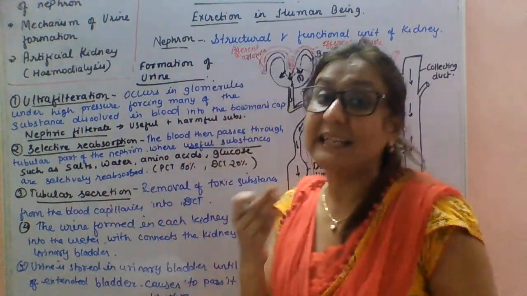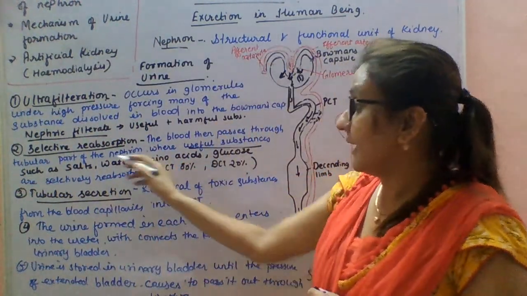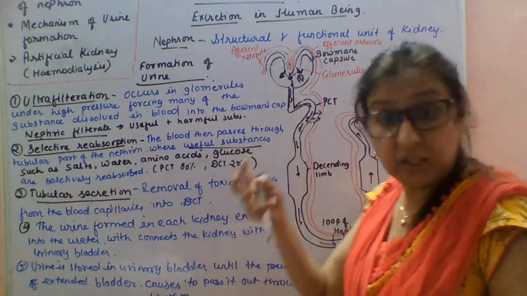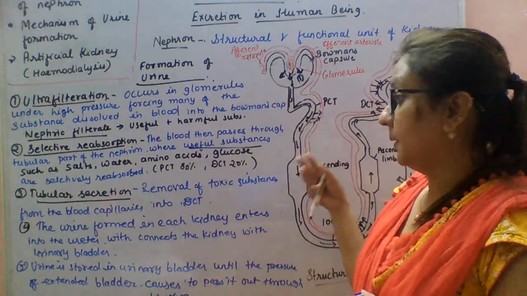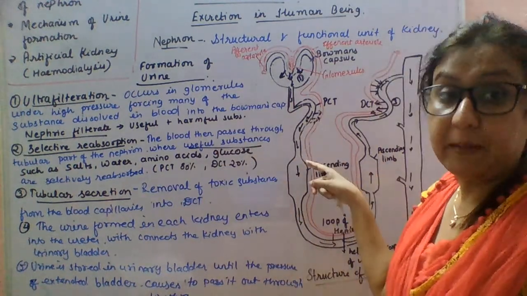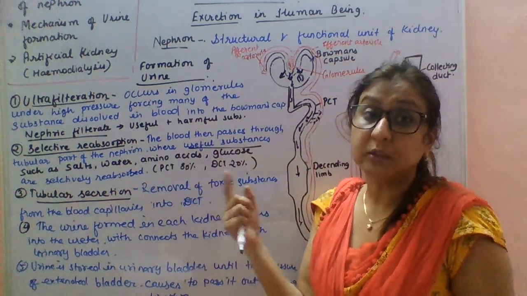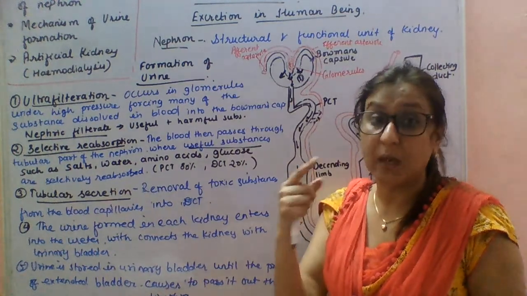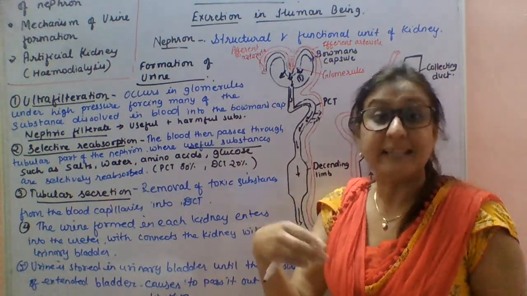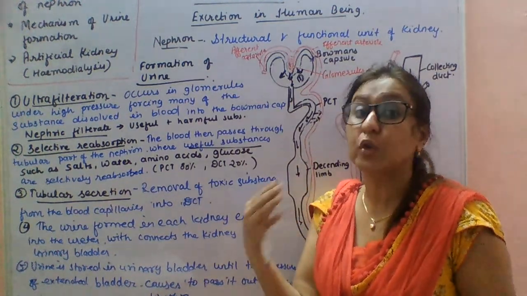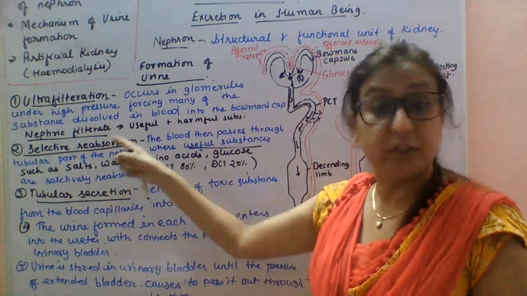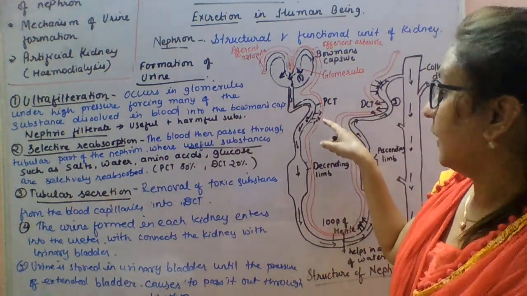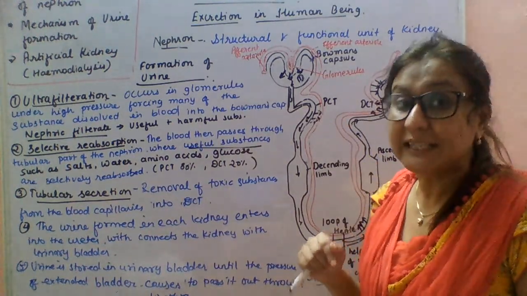That's why we are calling it selective reabsorption. Why are we calling it selective reabsorption? Because it's absorbing selective things, meaning it's absorbing the important things from the tubular part. And why reabsorption? Because first absorption takes place during the process of digestion. Here the useful substances are absorbed again. That's why it's called selective reabsorption.